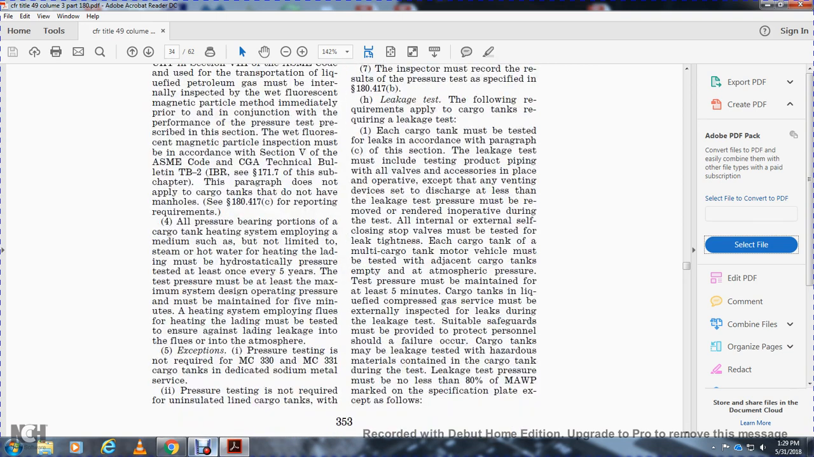All pressure bearing portions of the cargo tank heating system employing a medium such as, but not limited to, steam or hot water